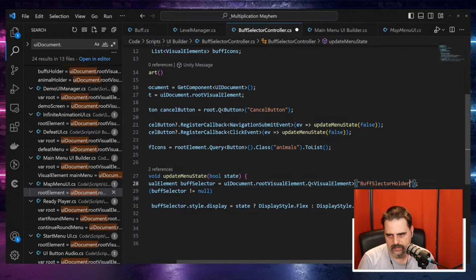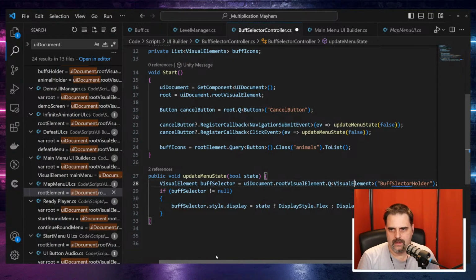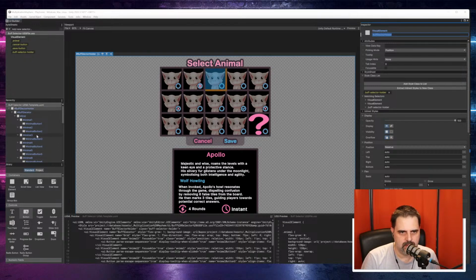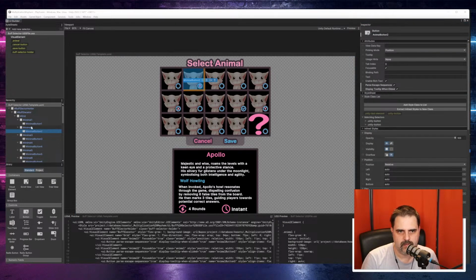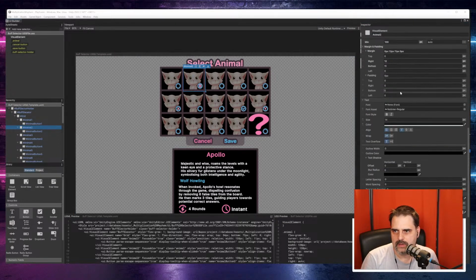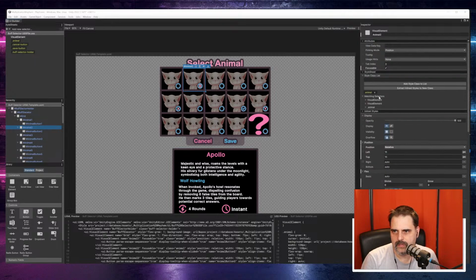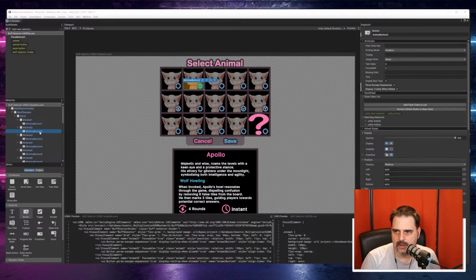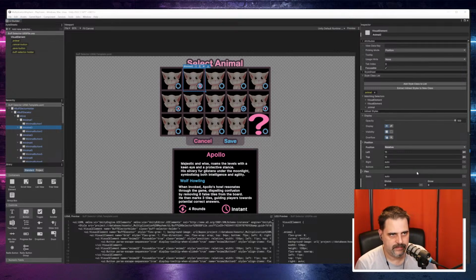So take the buff selector holder, and then yes, because that's a visual element, and then it has a star class. Okay, but these ones we grab by class, and let me just make sure these ones have a class called animal. And, oh, it's animal, and then this one doesn't have the